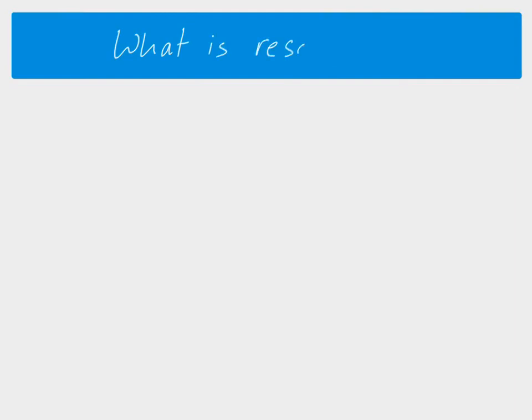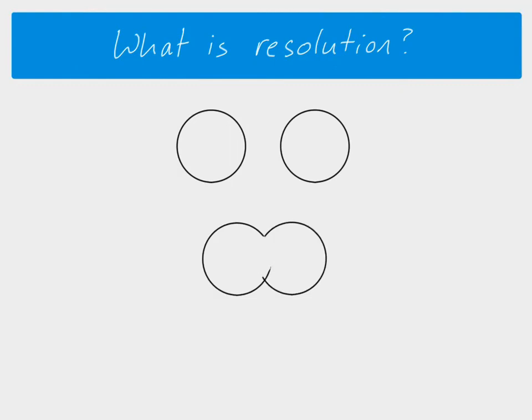Okay, so that's how the microscope works, but what is this idea of resolution? Well, resolution is basically about how much detail you can see. So if we had 2 points on our slide, let's say we're looking at something in a cell. If we can see 2 points and we can see them separately like this, then we'll be able to see the detail of it. But if we look again, maybe with a different microscope or a different lens, for example,